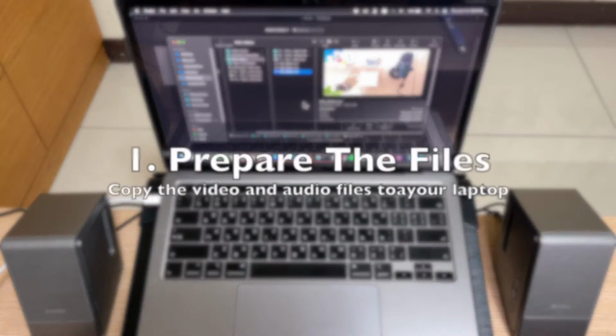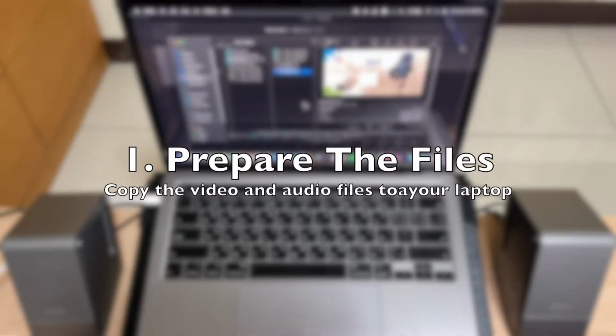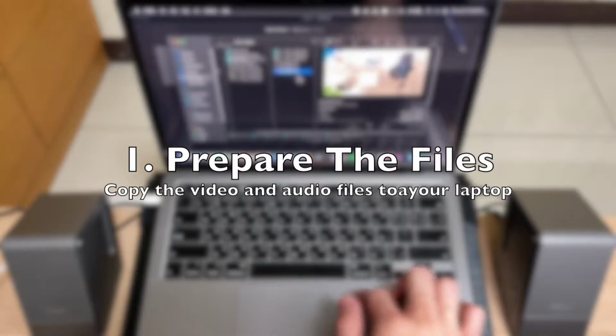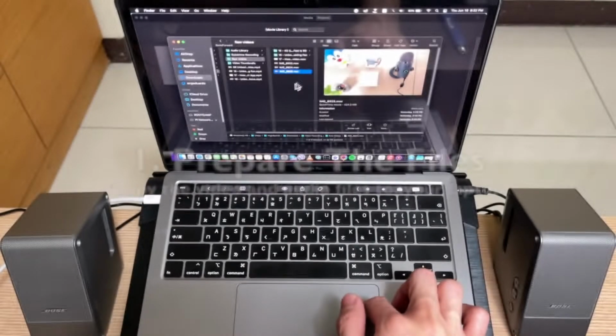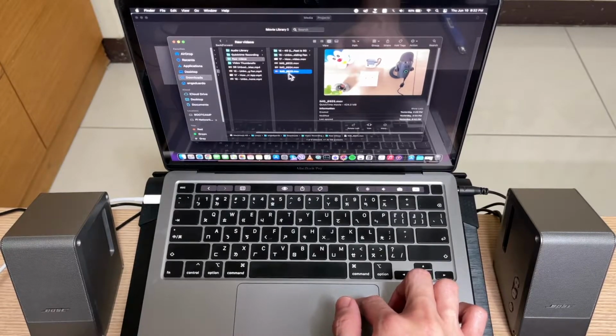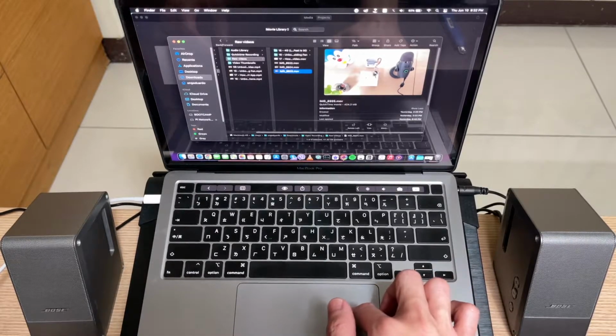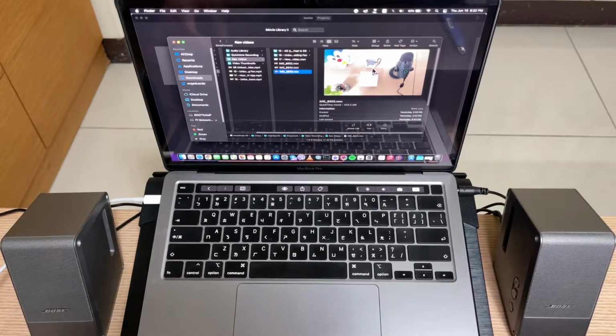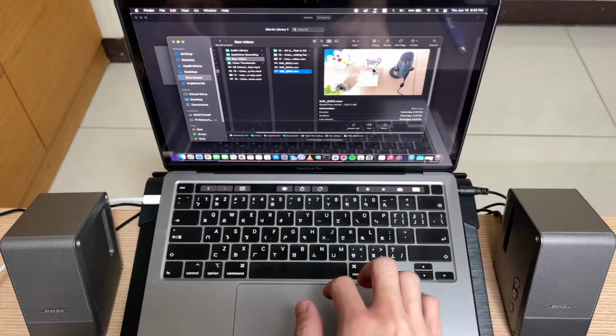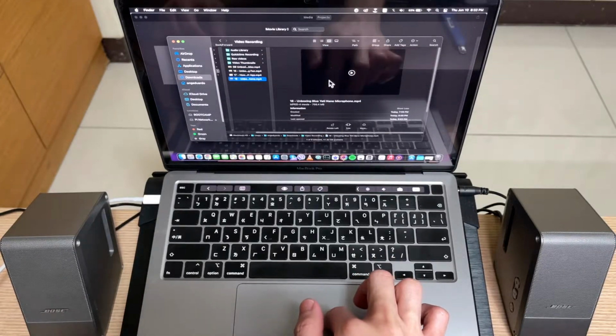So before anything else, you should copy all the files you need. I already AirDropped my file from my phone to my MacBook. So right now I'm going to edit this. This is my AirPods Pro unboxing. So once you copy the files to your